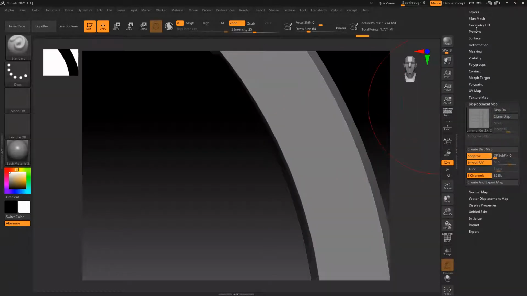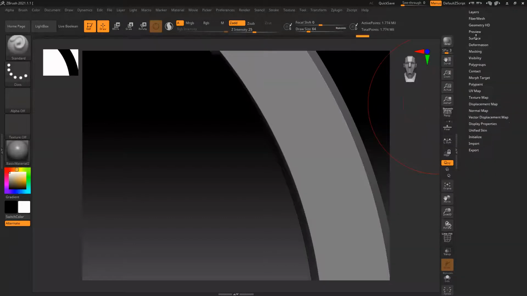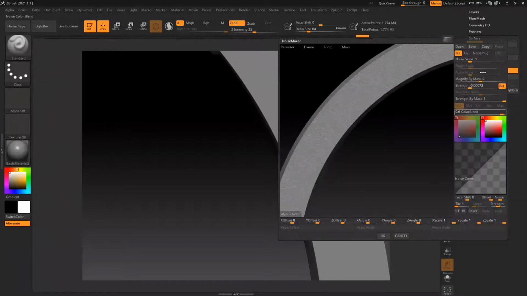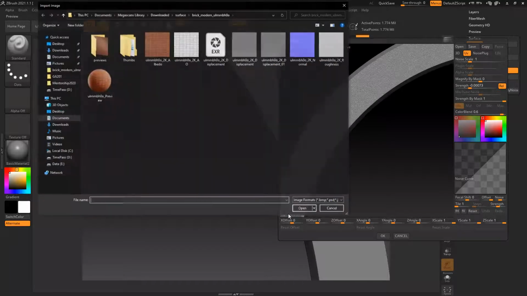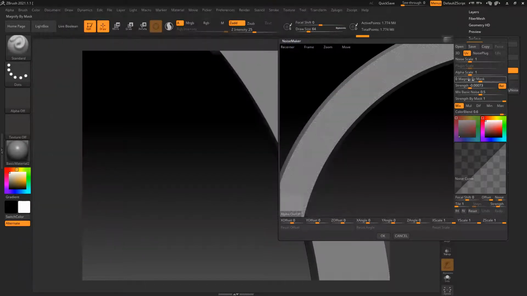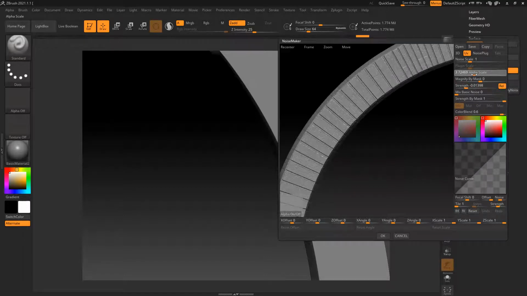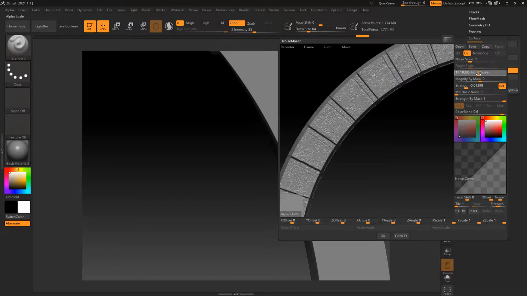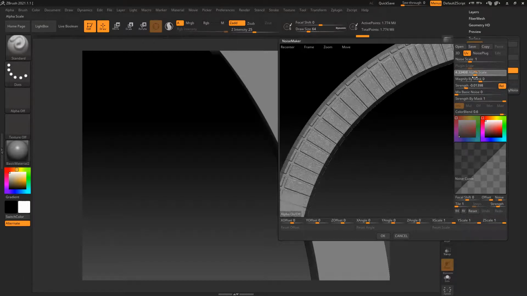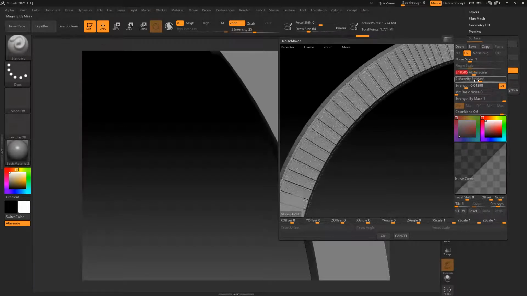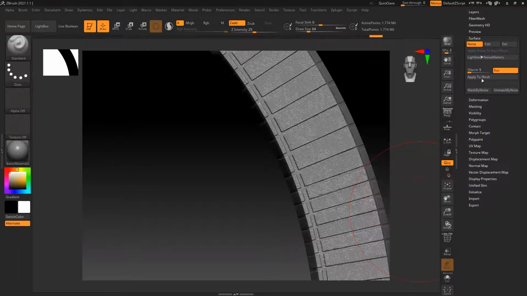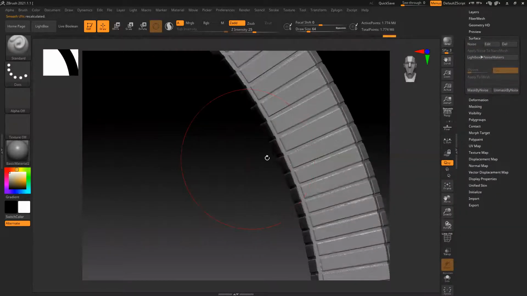Like suppose I go to surface, noise, UV, alpha. Select this noise, I don't want. I'll make it a bit strong. Scale, okay, increase. Nicely increase it. Like if I want, I can make it bigger or smaller. That UV alignment you have to check. And once you're done with this, apply to mesh.